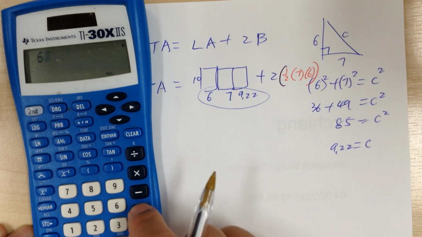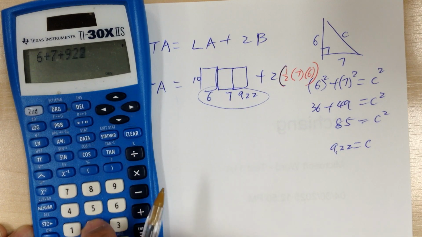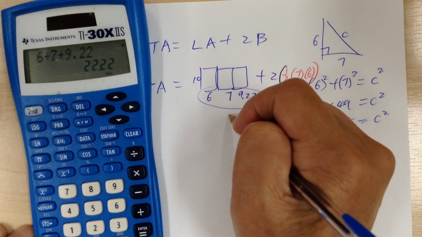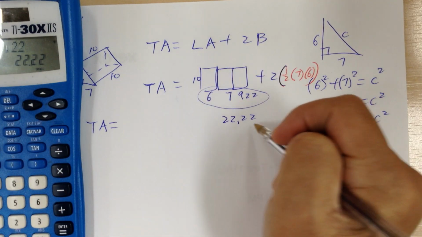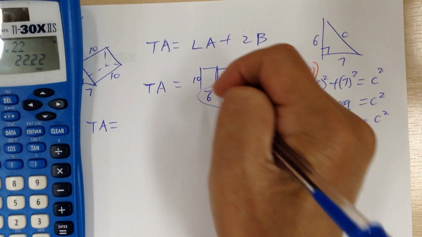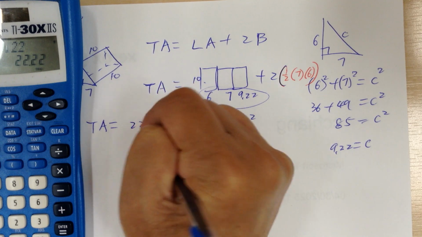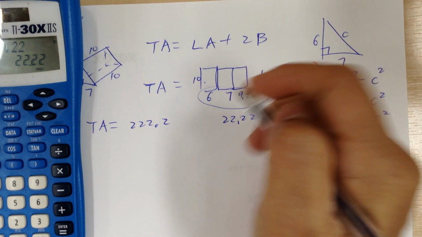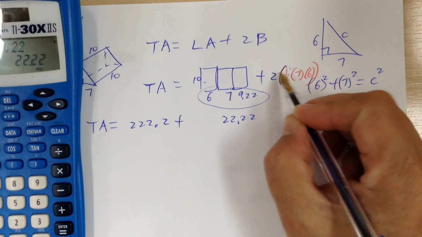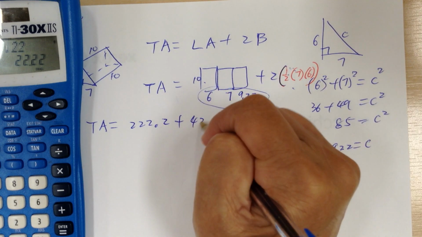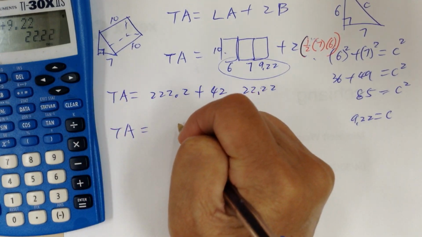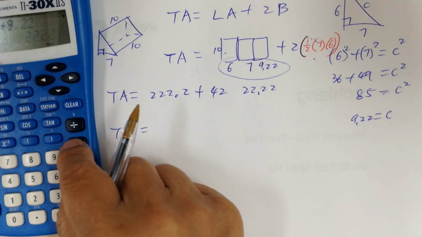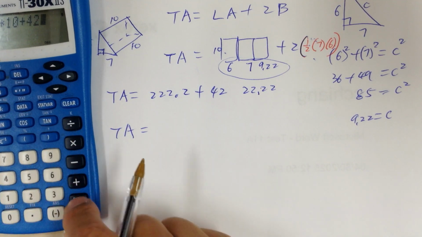So 6 plus 7 plus 9.22 is 22.22, times 10, so it would be 222.2. Plus the 2 times 1/2 will cancel out, so it would be 42. And so total area will equal to 10 times that plus 42,